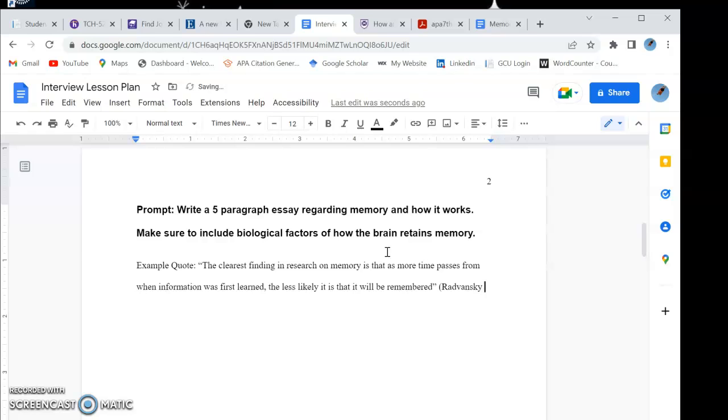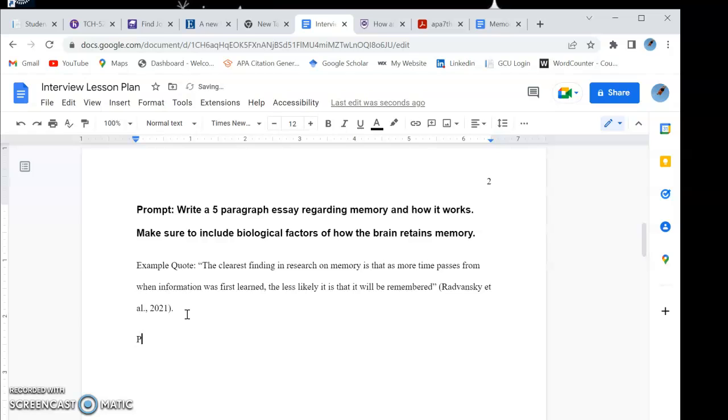And since it has 2 or more authors, you put et al., period, comma, and the date. So 2021. All right, so now that we've put in our in-text citation,